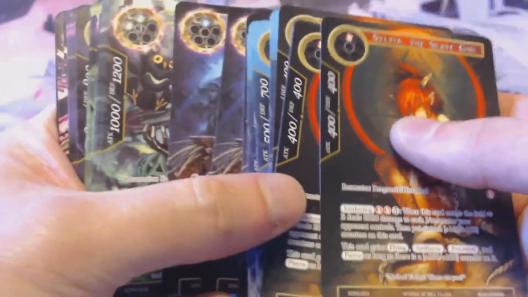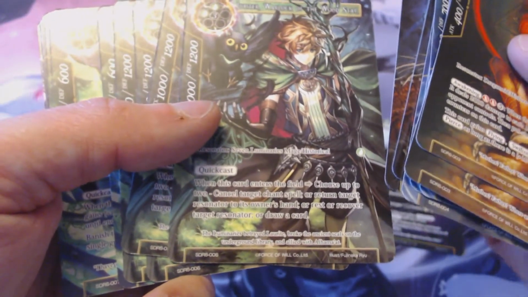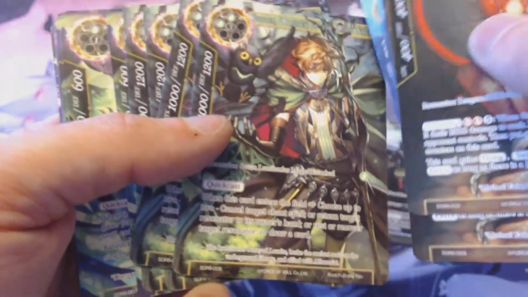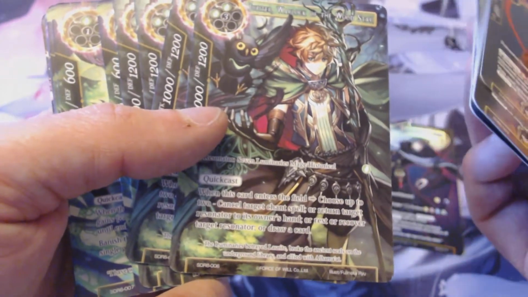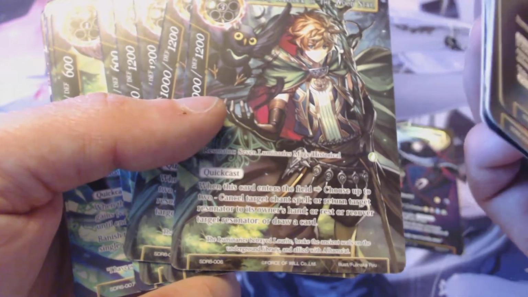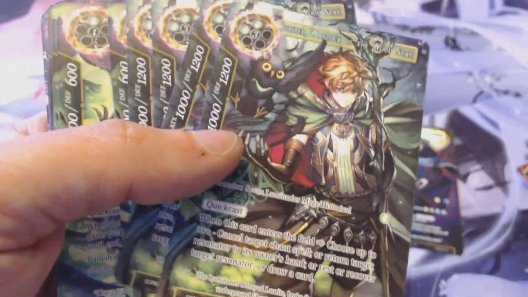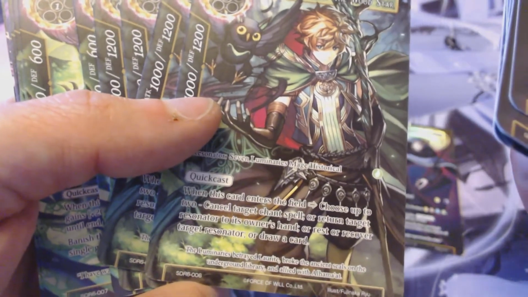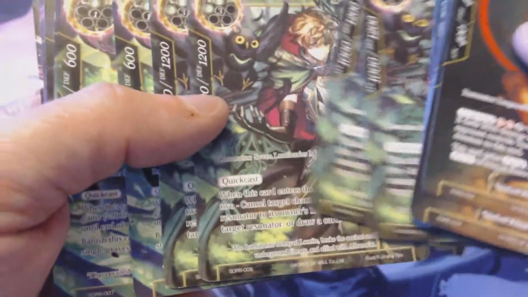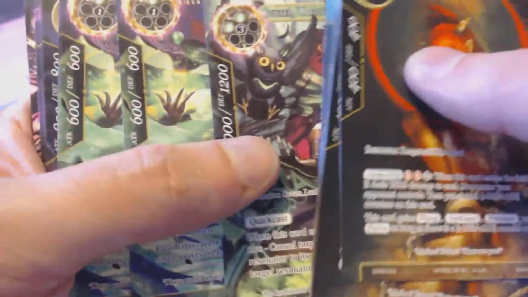These are some really strong cards. We've got a lot of 1000s, 800s, 600s. This one's cancel target chance spell, or return target resonator to its owner's hand, or rest or recover target resonator, or draw a card. That is probably playable in a Lumia deck. The first ability for canceling target chance spell isn't going to be usable, but everything else might be good. I mean, I guess on the first turn you bring it out, it will be, but